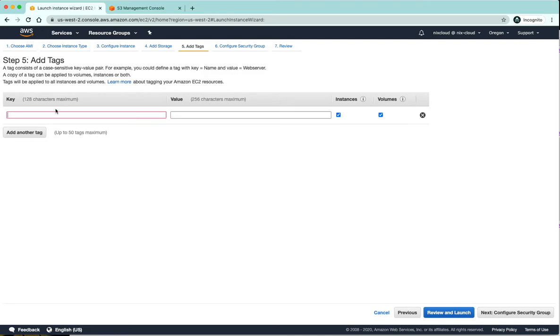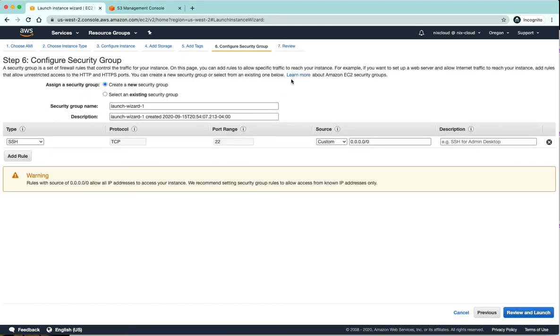Let's add a few tags. Name, let's say EC2 S3 website. It could be anything. It really doesn't matter for the purpose of testing. However, in prod you must give strong tagging. It's in fact a very good hygiene practice in cloud to give as many tags as are relevant to your project and your company.